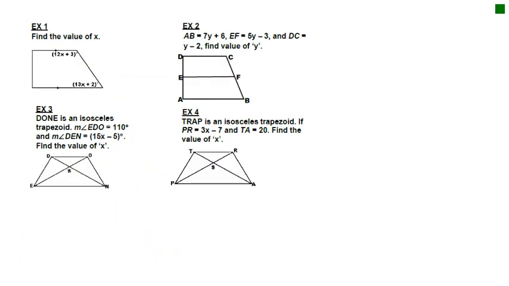Here are examples of using the properties of trapezoids and isosceles trapezoids. Examples 1 and 2 are trapezoids that aren't necessarily isosceles, and then 3 and 4 are isosceles trapezoids. So examples 1 and 2 don't deal with isosceles trapezoids, so we're saying those legs are not congruent. And one property that's left off of that list above that I think is kind of important is talking about